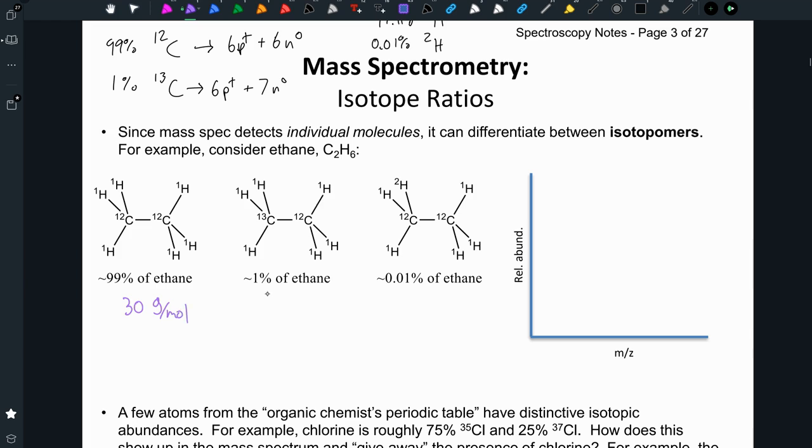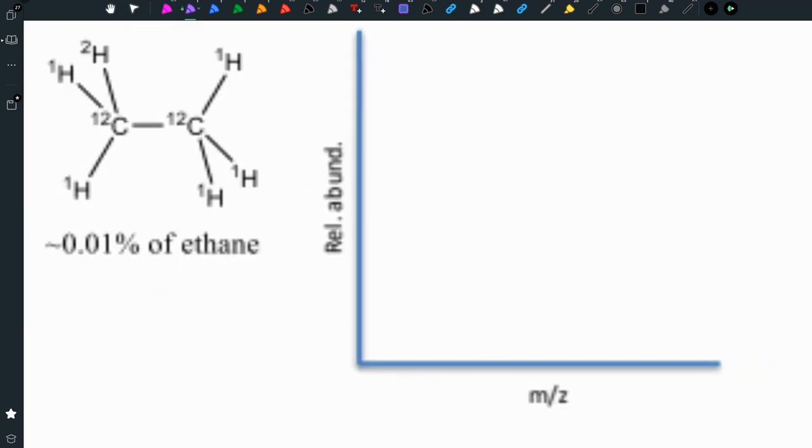But then you're going to have some that are 31 grams per mole. You might even get the rare occasional molecule that is 32 grams per mole, because there are two carbon-13s, or there's a carbon-13 and a hydrogen-2 in the same molecule. So if we focus on the very right-hand side, generally we're going to see